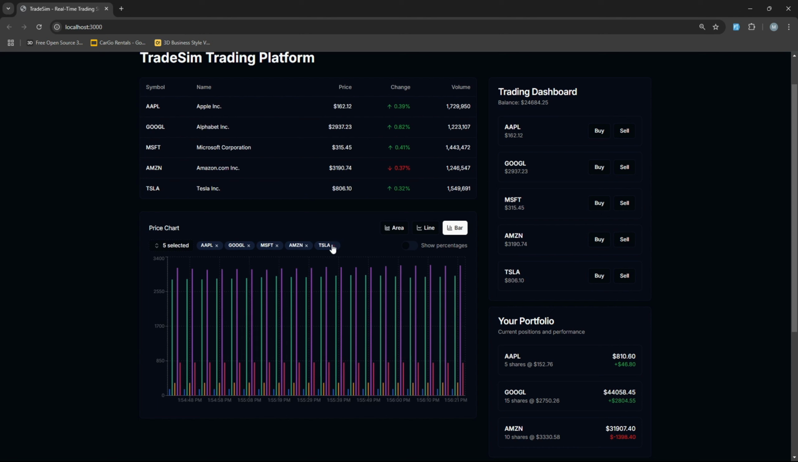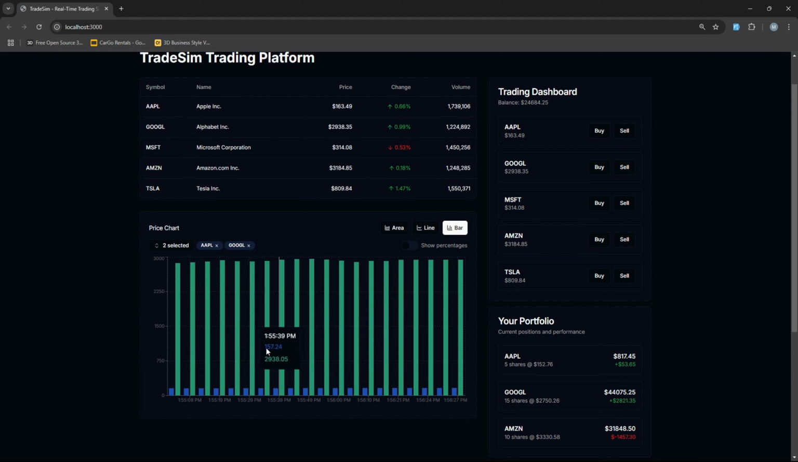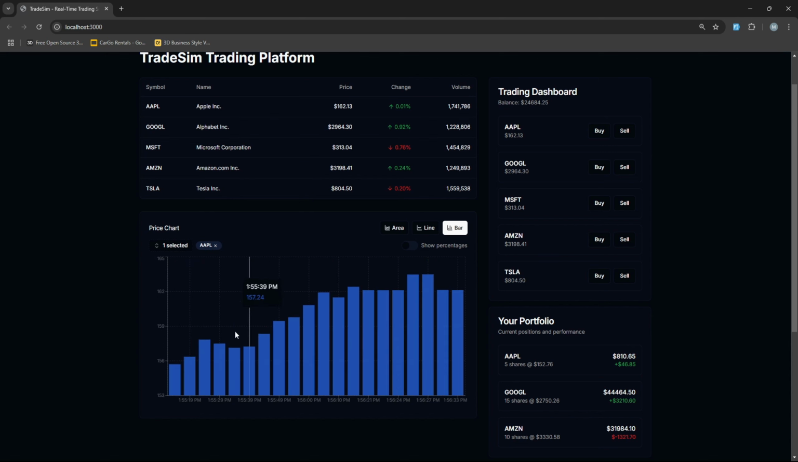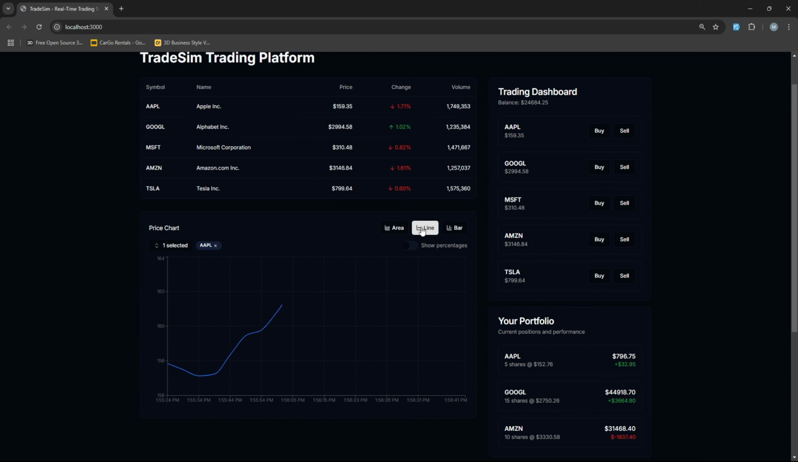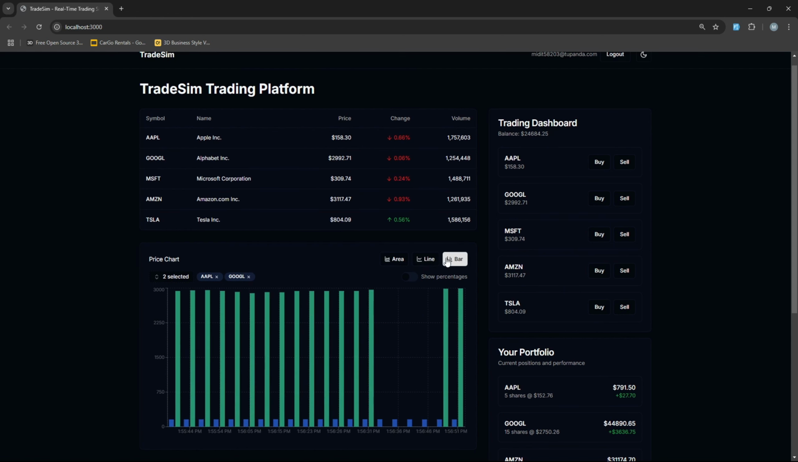Now if I begin to unselect some of these, they are removed from the chart, and it only shows the chart for the stocks that I have selected. If I select only one stock, these are the price changes over time, every 5 seconds. If I select a line chart, you can see it's just for that one stock, and I can add more stocks here as well. So that is it about the chart. Now